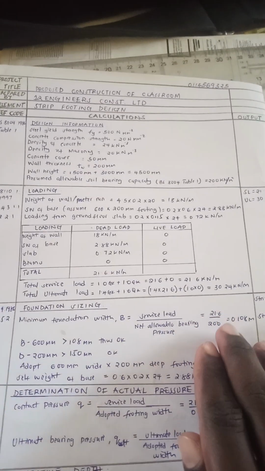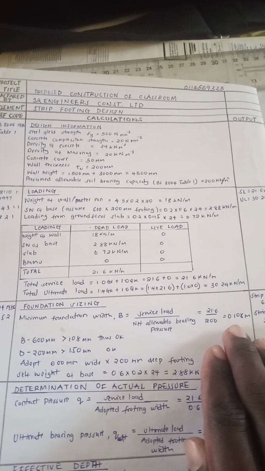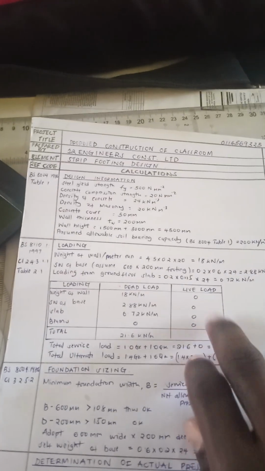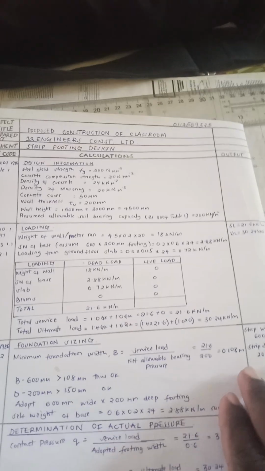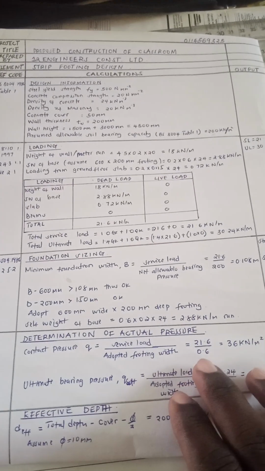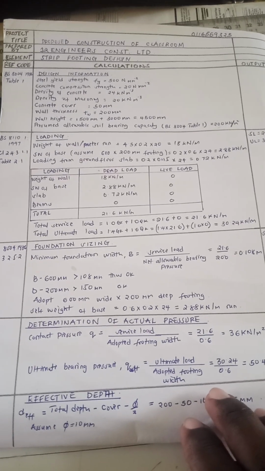So at this point, we would use 0.108 meters. Then if that is per meter, remember we are calculating using per meter run. This design was done per meter run. Then you move next to determination of the soil bearing pressures